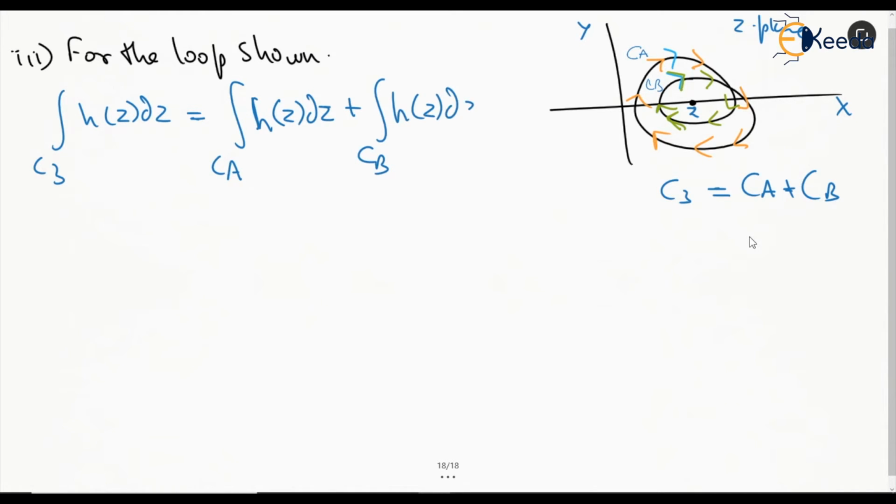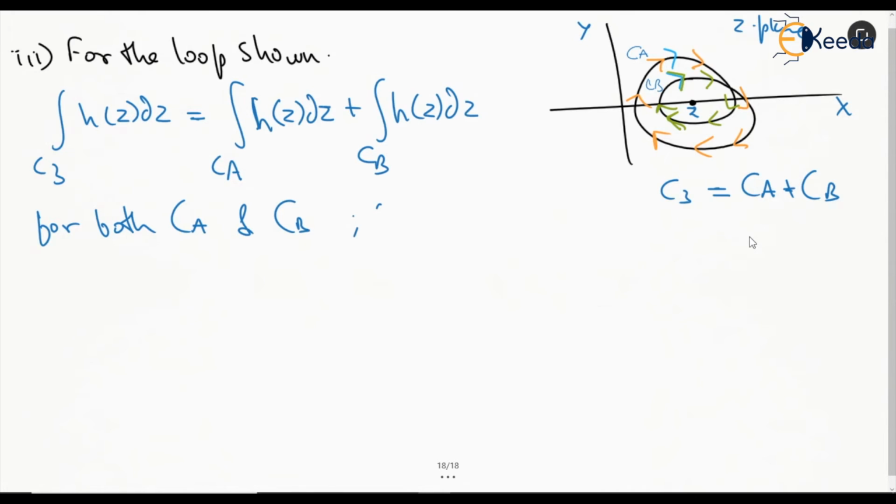So we have divided this curve into two parts so that we can get two simply connected curves. Now in this case we can see for both CA and CB, I'm writing in general, for both CA and CB,